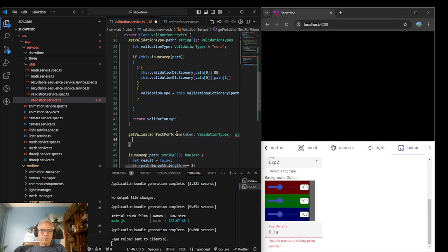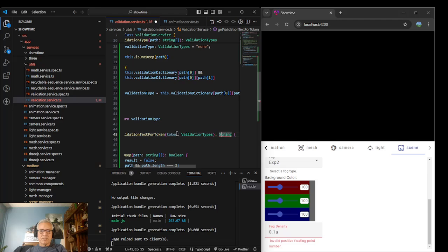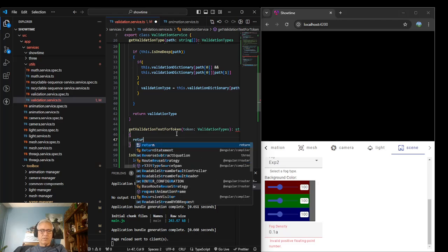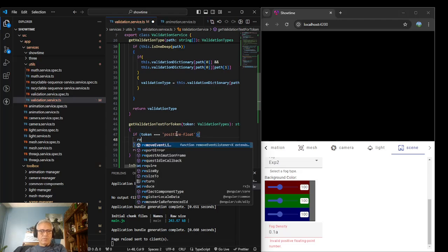And then, so like that. Oh, I think it's just upset that I'm not returning anything. Return. And that should work like this. If token is equal to positive float, return